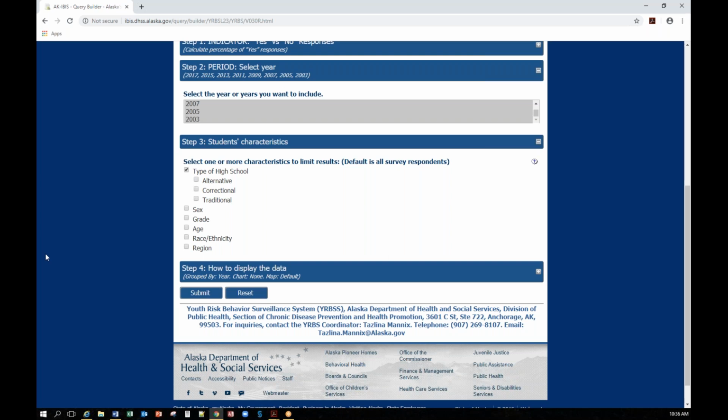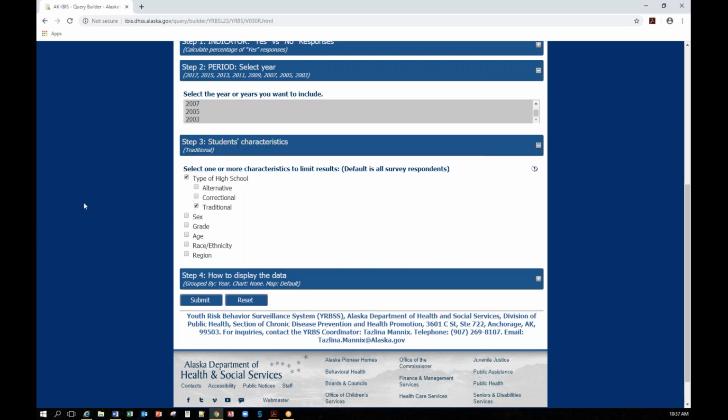So I'm going to select traditional for traditional high schools. Since I'm focusing on searching for school district data by year in this tutorial, I'm going to move down to region, but know that you could check the other boxes to get results by sex, grade, age, or race and ethnicity. So I'm going to select region,